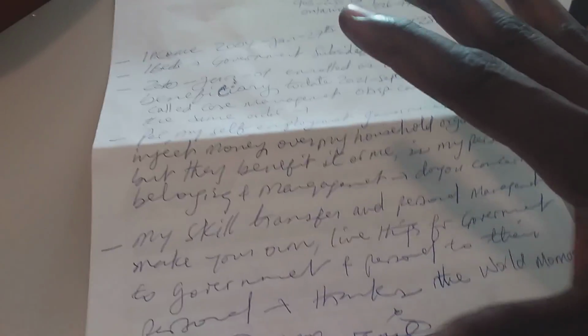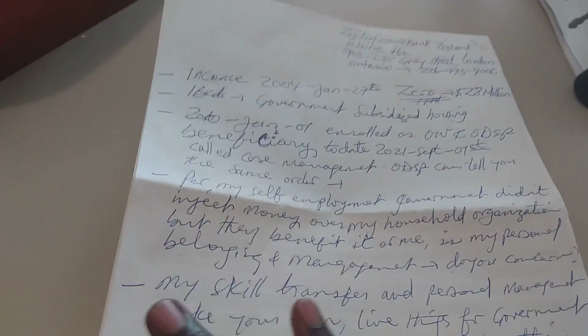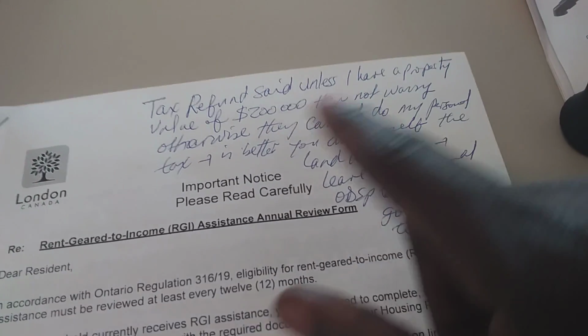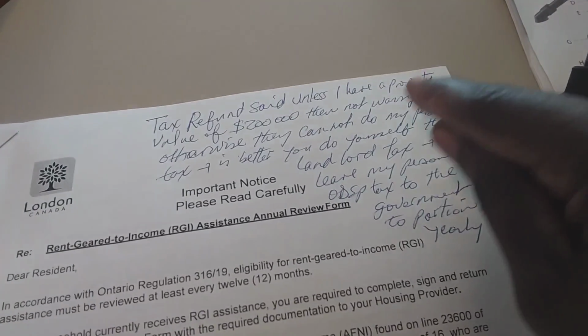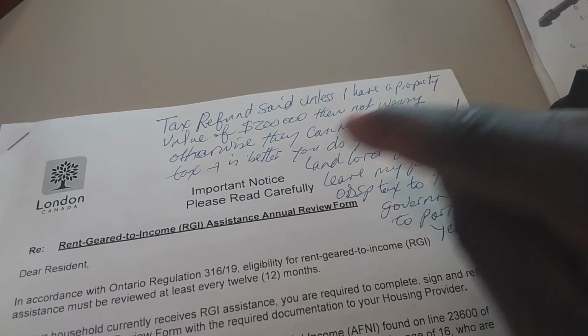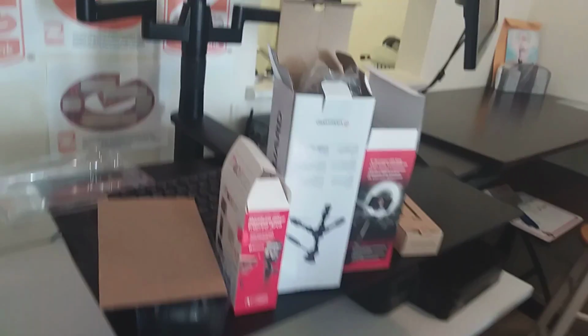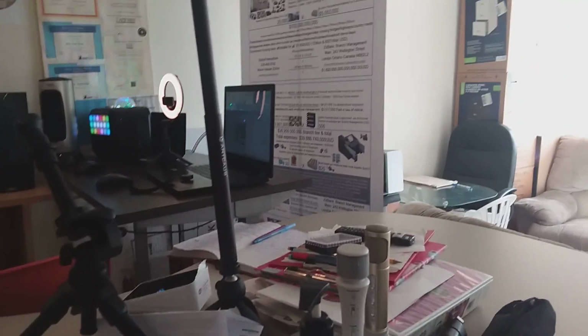But the organizations, and the feedback areas, there is no space there to write the feedback. And on the other areas here, for the tax refunds, of course, we mentioned that if there is property value of 200,000, then there will be, of course, no worry. Otherwise, they cannot even reply to us that they will refund the tax, whatever we do ourselves. That's why we give it away to our case managers to do the tax instead of ourselves doing the tax, on those overviews. And then the SCAT, of course, that is basically and analytically the overview of me, Waine Hassan, of course, as told, with quite a scratch on those issues